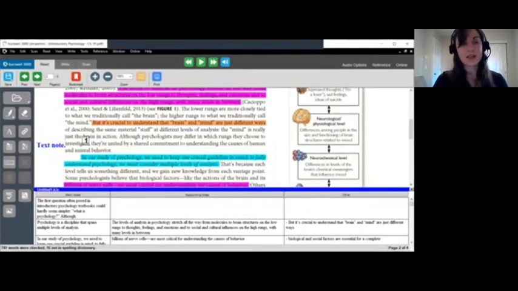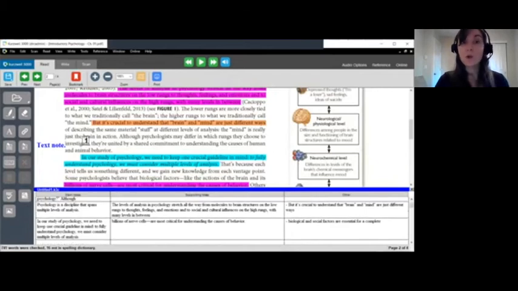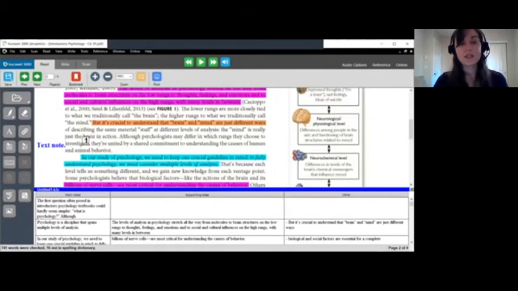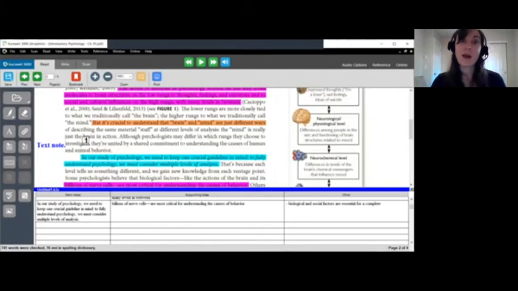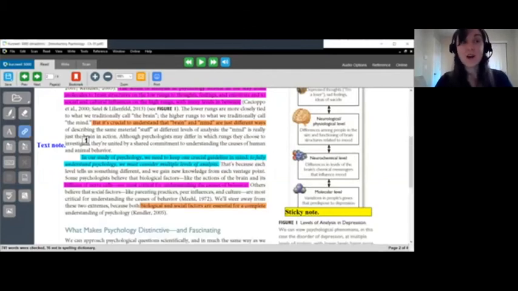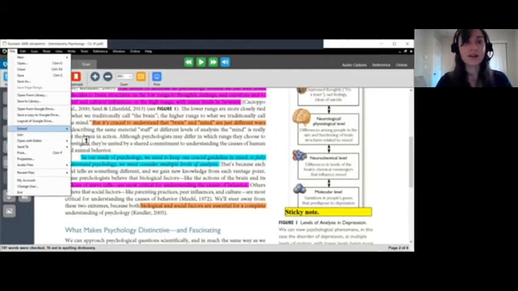At this point, you'll see that it auto-populated all of my highlights into this great organizational tool. So you can type in additional information in here as well. And then you can reference back to this if you wanted to have an organized way of having all of your notes. I'm going to select the exit button, and I won't save this since I don't need this for later.